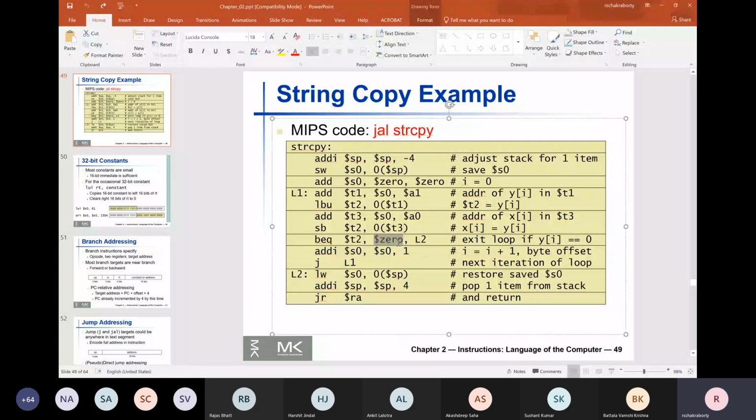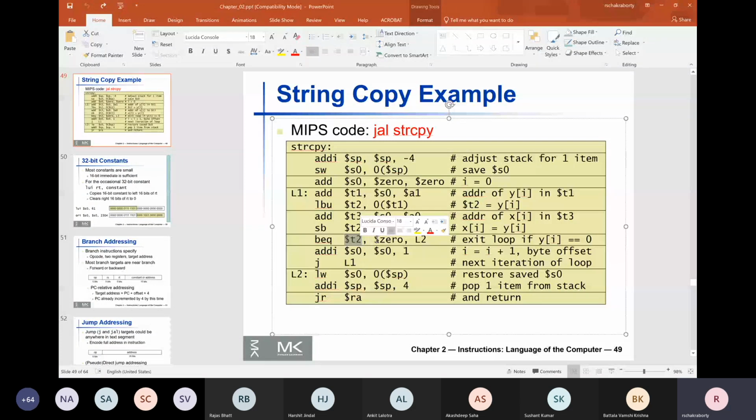That is what we are going to figure out. There is an opcode, which will probably be encoded in 6 bits. These two registers will take up 5 bits each, 10 bits together. So 6 plus 10, 16 bits gone. You have 16 bits in your hand to somehow designate this label L2.